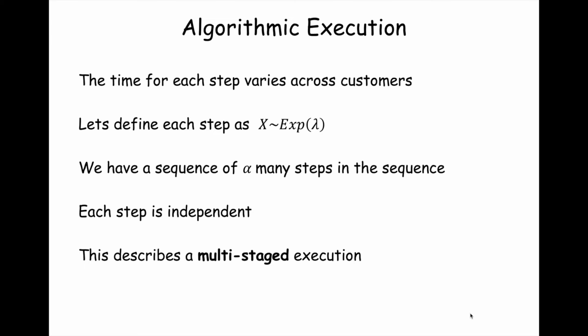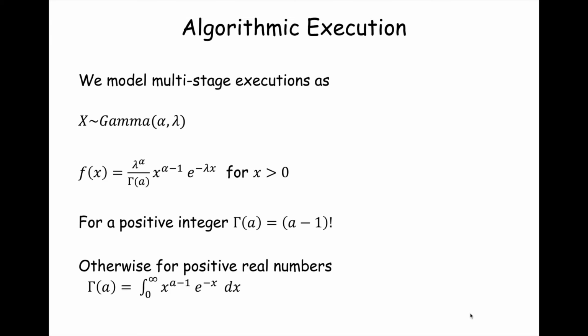So you can imagine if you were going to do this for real, right? You'd analyze a problem, you divide that problem into a number of steps, and then you'd time each step again and again and again, and you'd come up with a rate, on average rate, for all the steps, and then you'd actually use this distribution to simulate and then ask questions about that simulation. And so this has a name. It's called the gamma distribution.